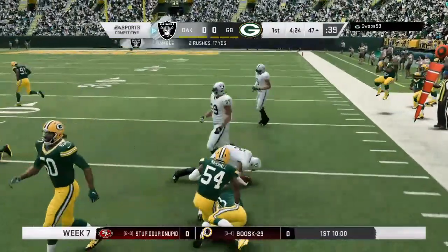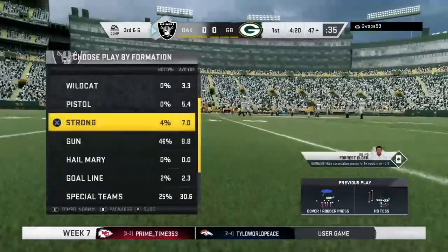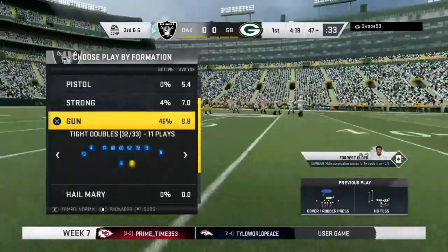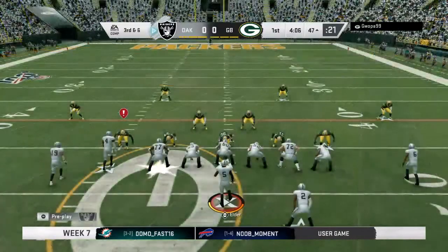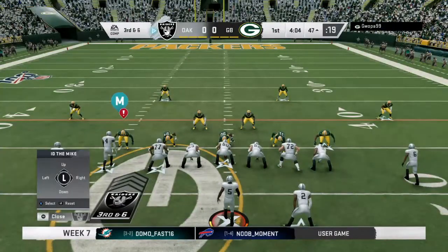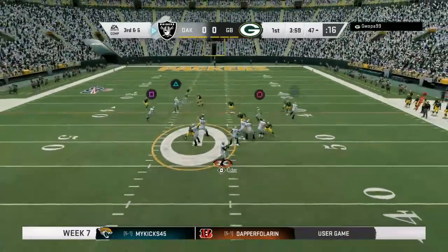And he'll get it down to the 47 here. That 2nd down play call was not to pick up the 1st down. It was to accomplish what they did, to get them into a manageable 3rd down, because they had an incompletion on 1st down, so they were behind the sticks, so to speak. They needed to make up some ground, and they did. To throw on 3rd